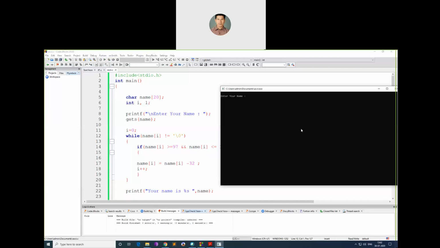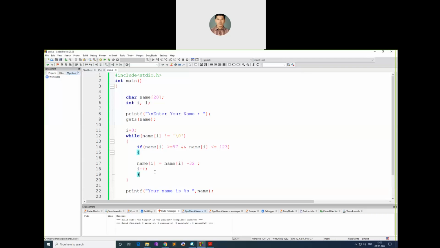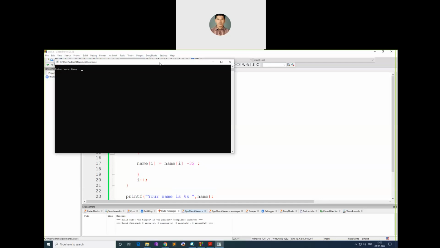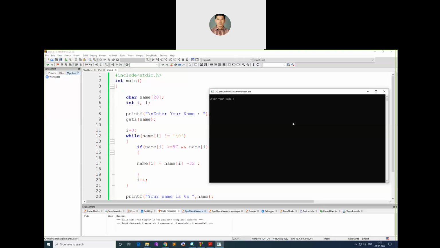Now I'll enter two words. Rahul Dravid. Okay, it's gone into what loop? I'm not incrementing I. I should increment I where? Here at the end, I plus plus, not inside the condition. Whatever the character, I should move to the next character. Rahul Dravid. Now you can see this.